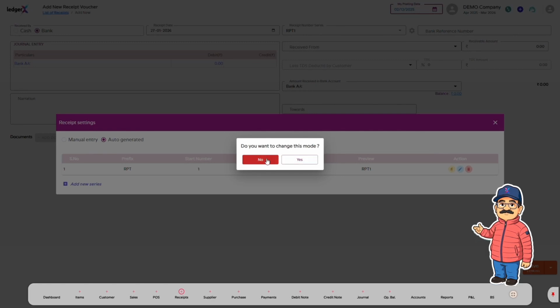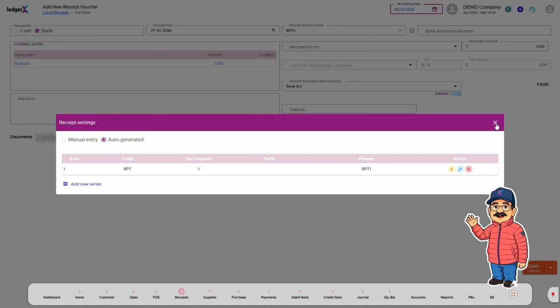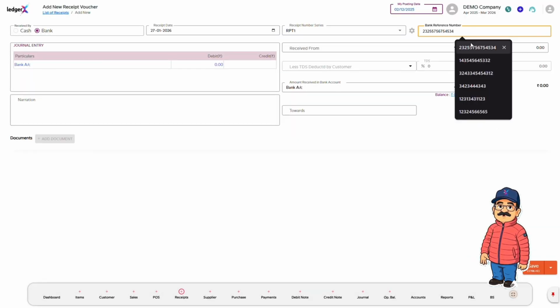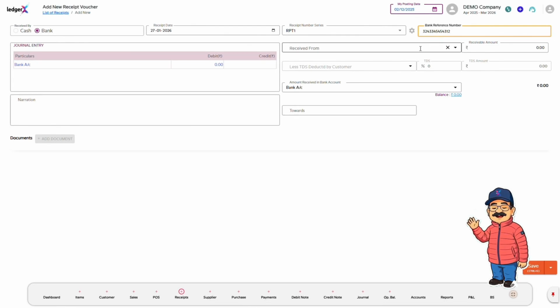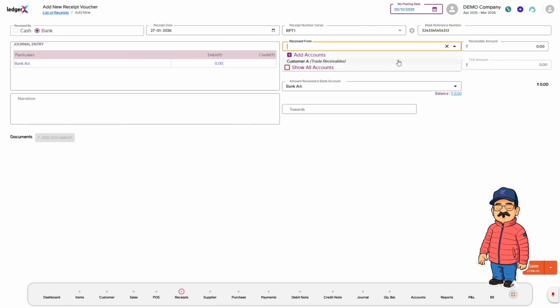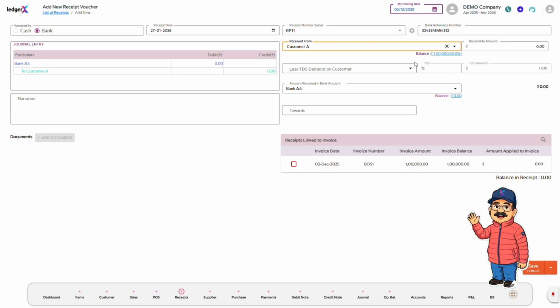receipt settings. If the receipt is through a bank, enter the bank reference number, such as check number or UTR for reconciliation. Then, in the Receive From field, select the relevant party and review the displayed current balance, and enter